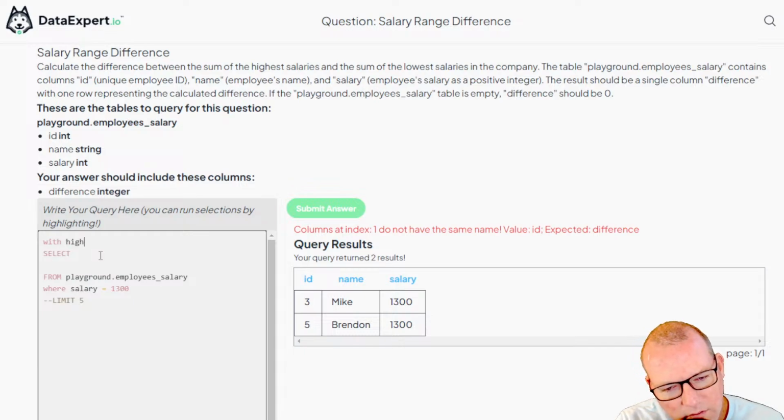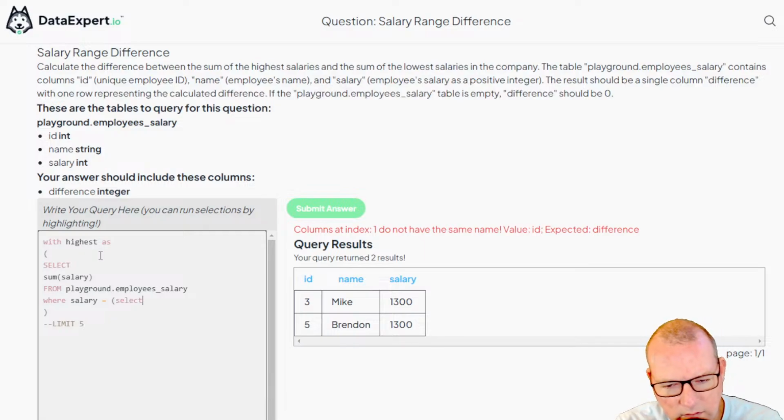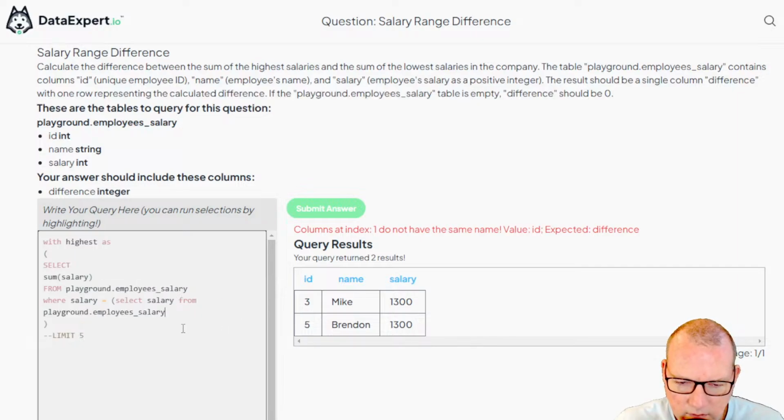With highest as sum salary where equal is equals select salary from. I feel like this is where a CTE I should be using better, but we're gonna start